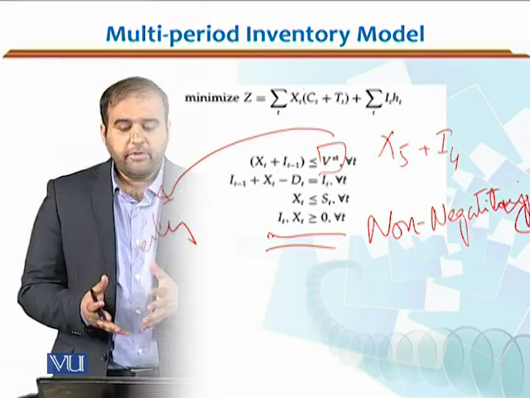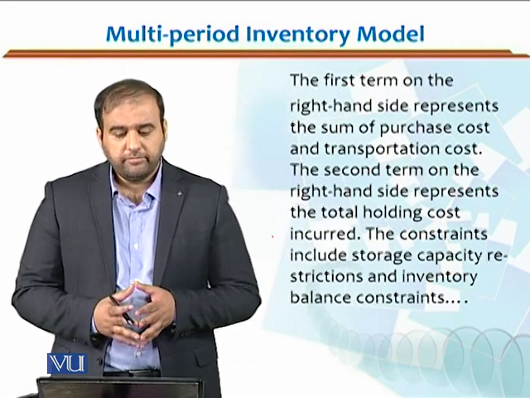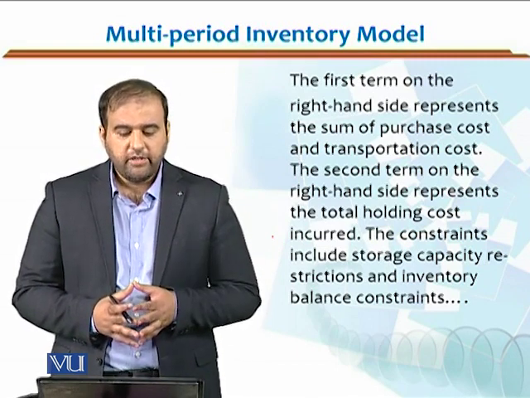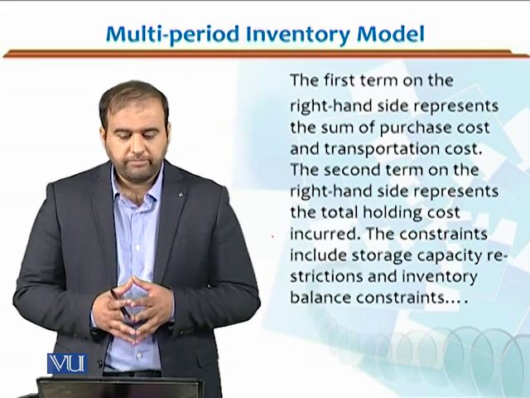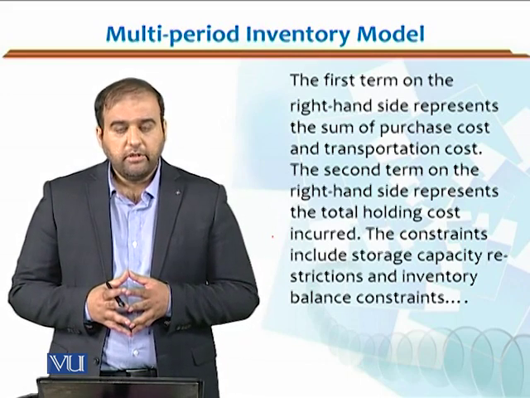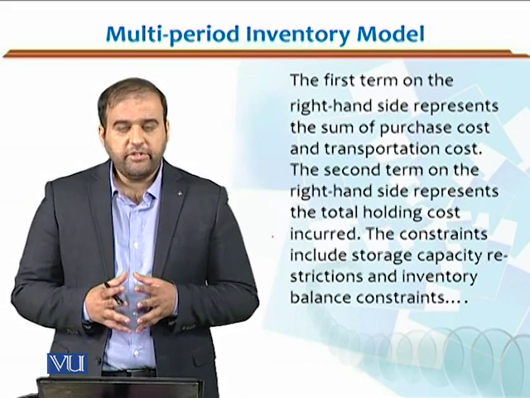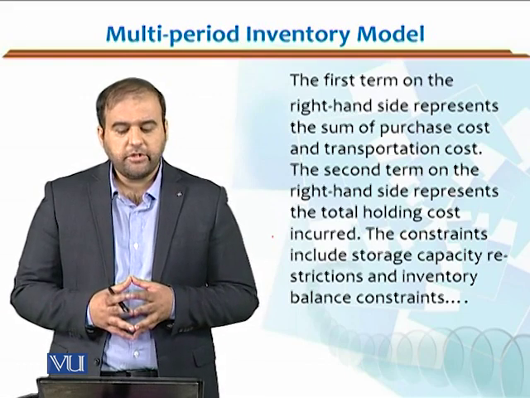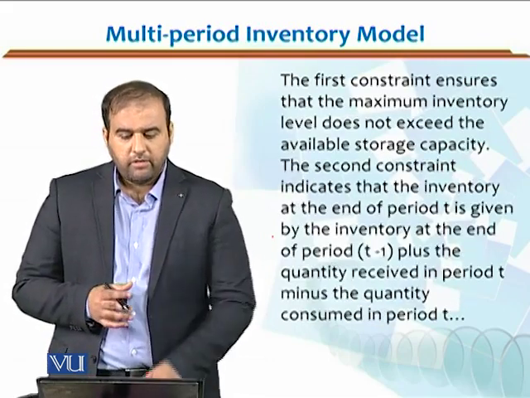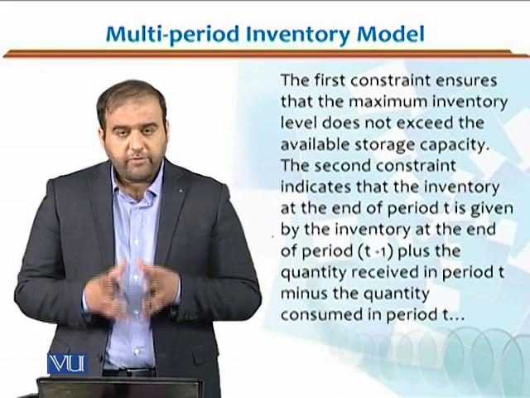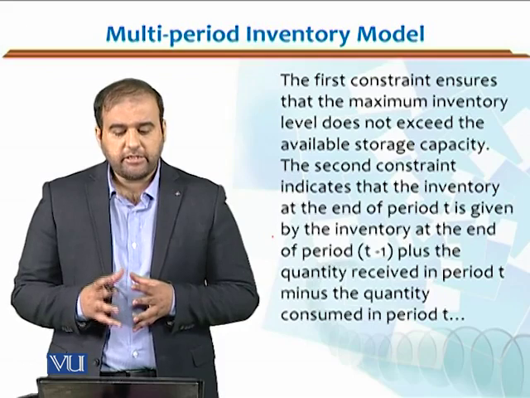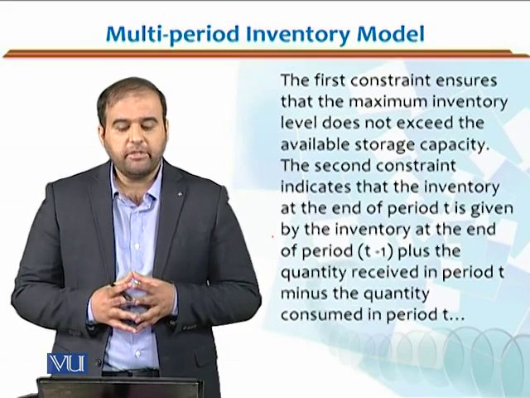Now students, the first term on the right hand side represents the sum of purchase cost and the transportation cost. I explained that. The second term of the objective function represents the total holding cost incurred. The constraints then include the storage capacity restrictions and inventory balance constraints. So the first constraint which we had ensures that the maximum inventory level does not exceed the available storage